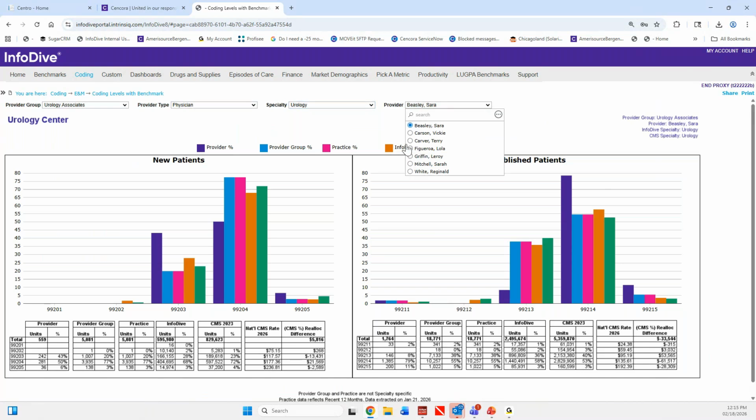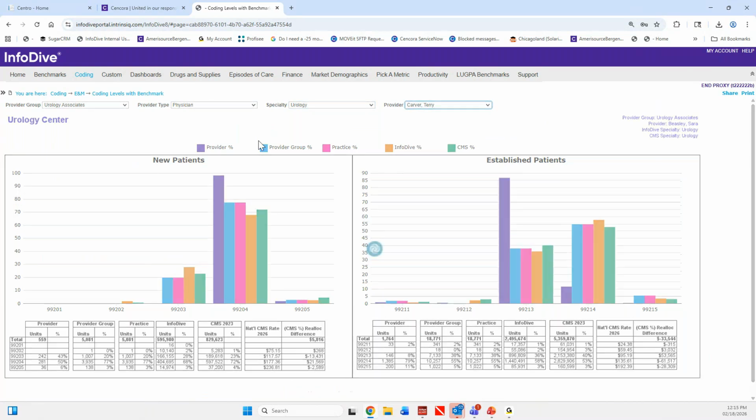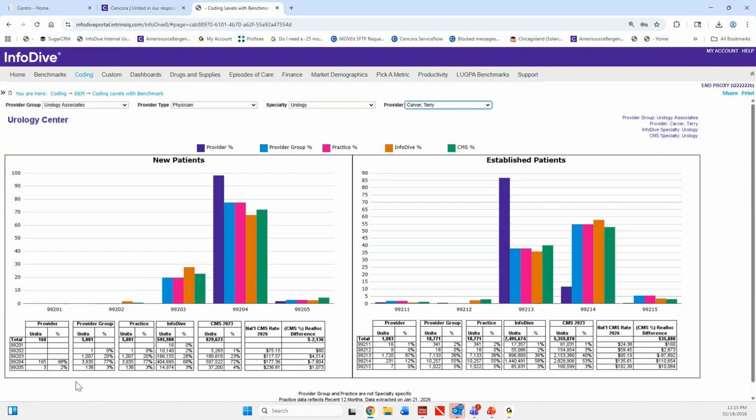Let's just take a look at Terry Carver, because he was the one who's coding 98% on his new patients. So if you take a look at his money, if he would have billed like CMS does on his new patients, and he didn't have quite as many new patient visits, he would have seen a decrease of $2,136. But if he would have coded the way they did on their established patient visits, and not coded every 87% as a level 3, he would have seen an increase of $35,000,